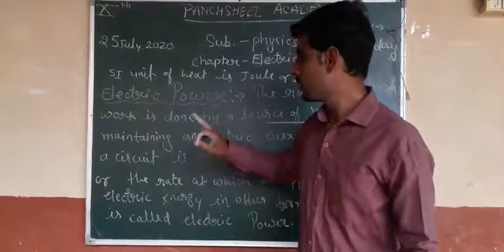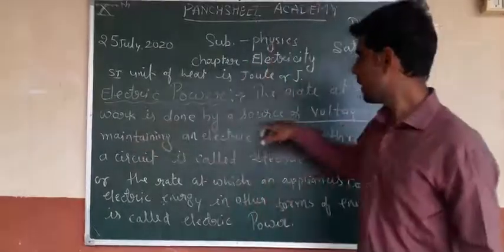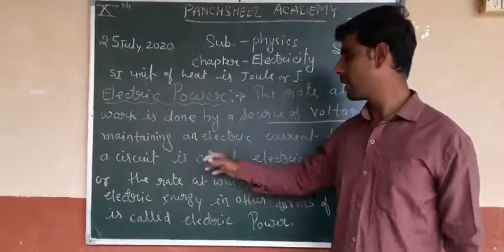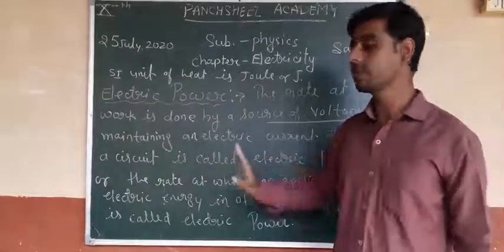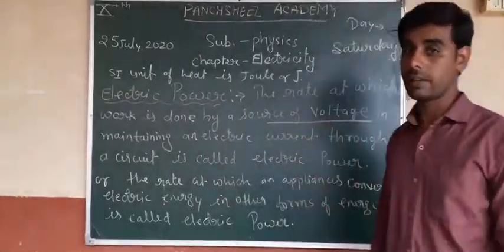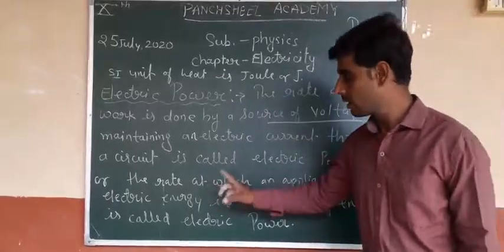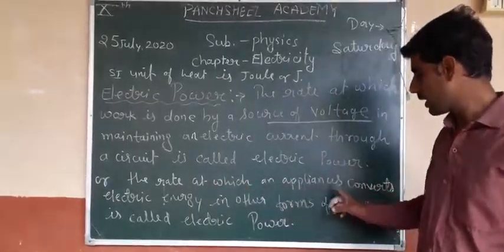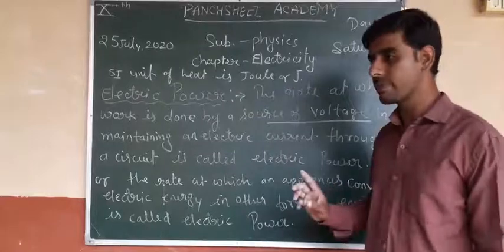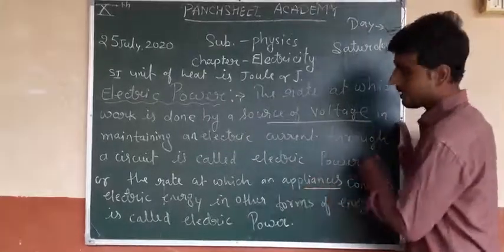So the work done by a source of voltage in maintaining electric current through a circuit is called electric power. At which rate, or the rate at which an electric appliance